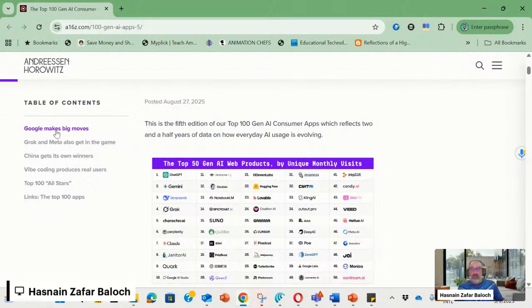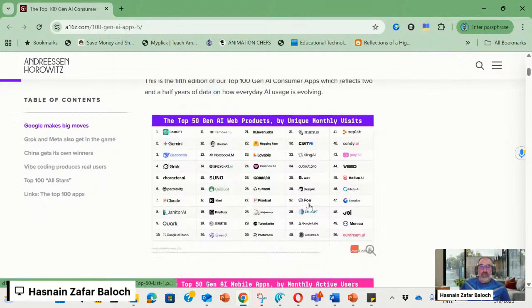So Google makes big moves. I think in the other ranking also, you notice two of the Google AI tools jumped highest this year. Now if I zoom in,